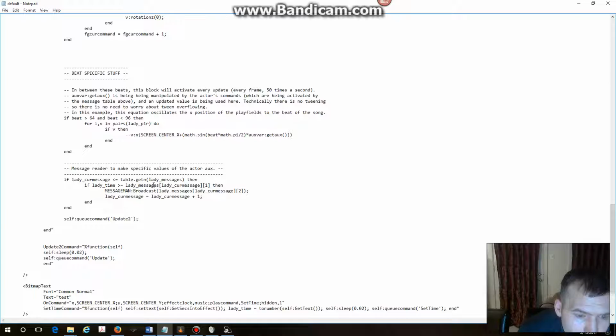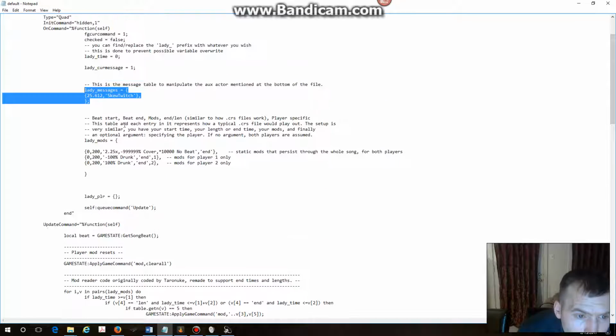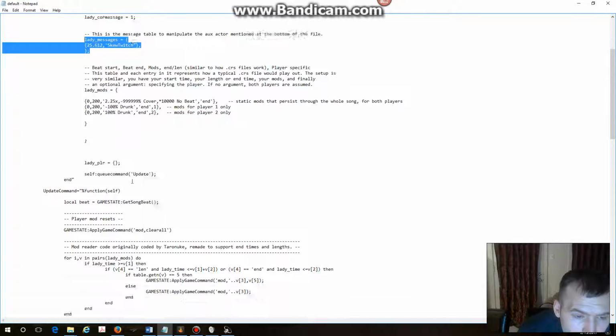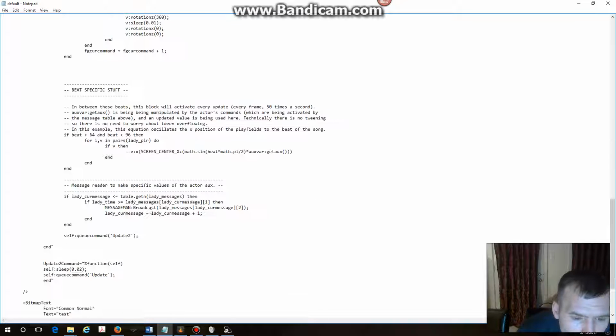I saw. So that value here, right here, the 2.5612 skew switch, would be called right here. That value is what is being passed into the get n function of the table. I don't know what the table is, but you probably know better than I. If lady time, which we've already talked about, is greater than or equal to lady message, and then these brackets are signifying an array, this is actually a